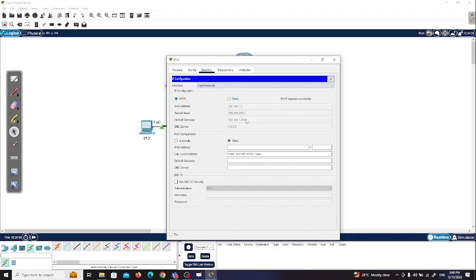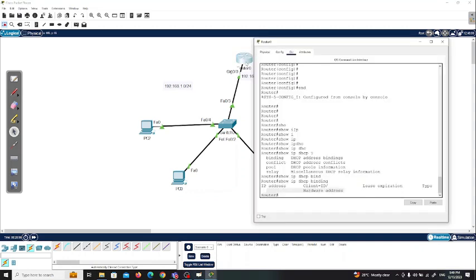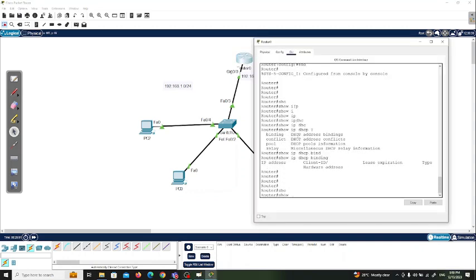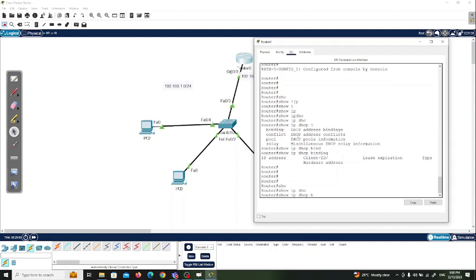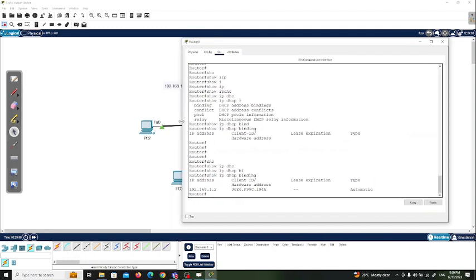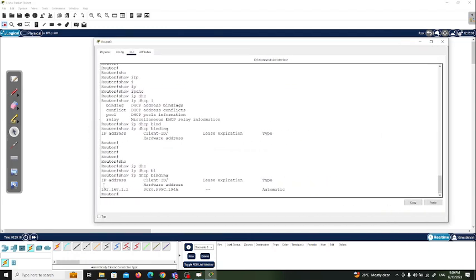You can see that PC0 was able to get an IP address automatically from the DHCP server. So it's working fine. But now if I go back to the router and use that command again, show IP DHCP binding, press enter, you can see that right now in the DHCP binding table, I have some information. The DHCP binding table is telling me that I have listed this IP address, 192.168.1.2, and the device which is using this IP address, and the lease expiration is not mentioned, but this IP address was